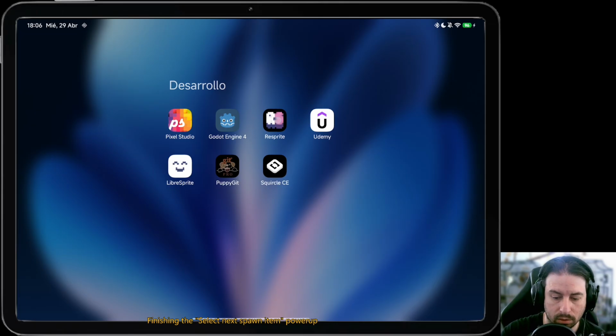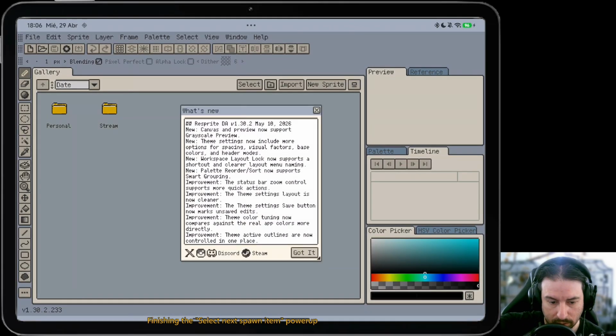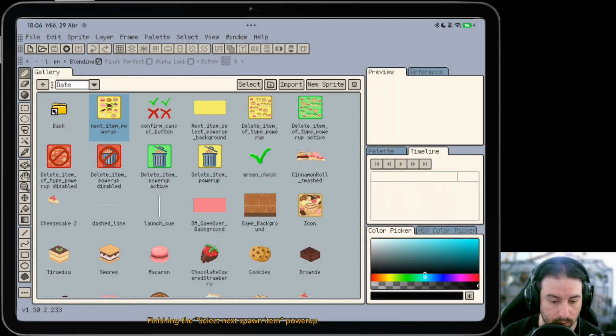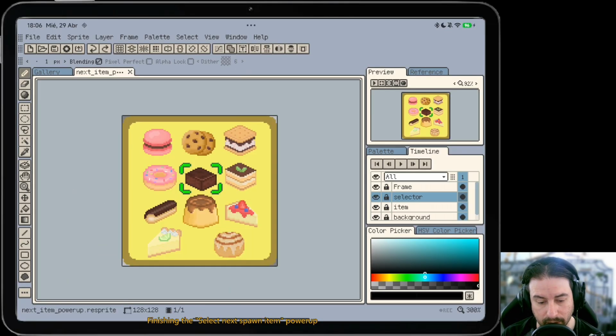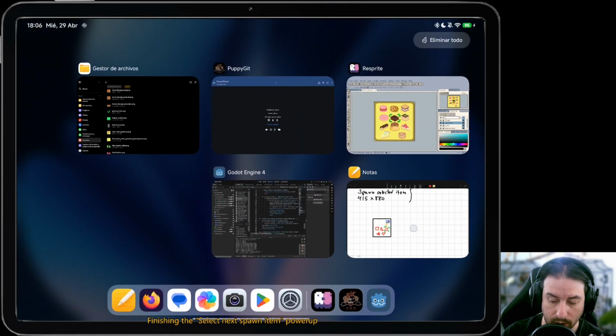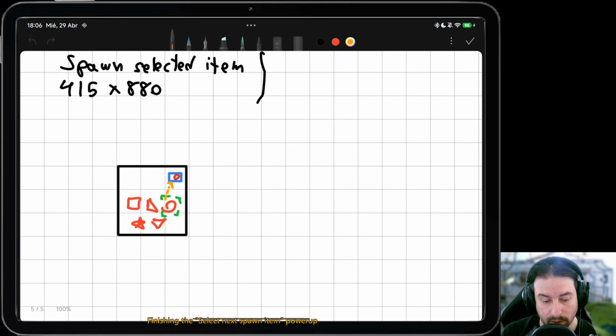So let's open Aseprite. Okay, got it. So go to stream, and I did something like this. But it turns out there is no clue on what this does. So I need to try to rearrange and try to explain what's happening here. So I thought to make something like this. Something like,